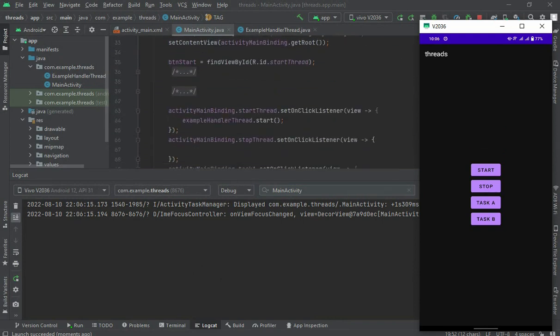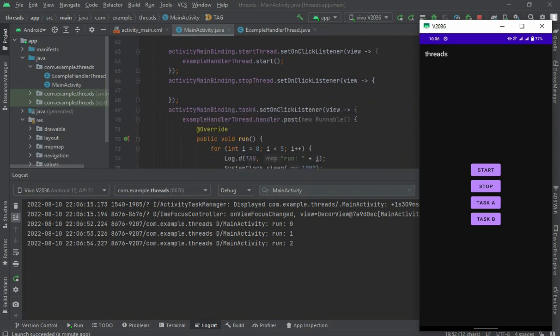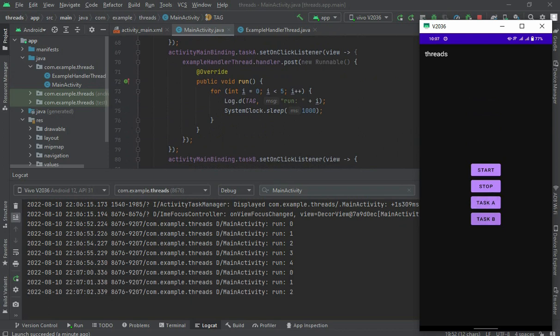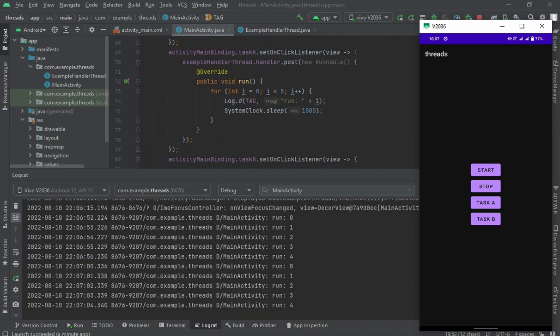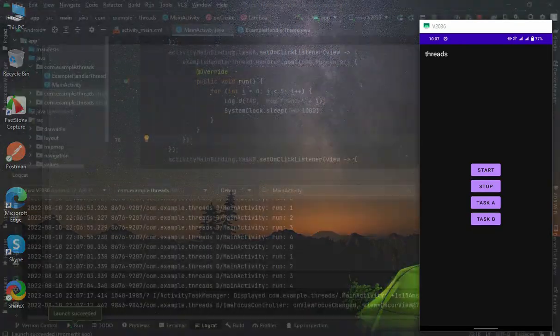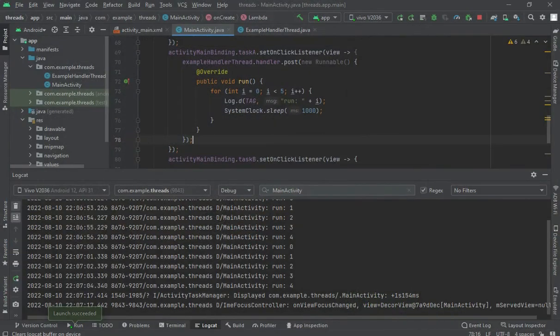Okay, this handler thread, let me click, this is started now, and when I click on this task A, look, this is running, this loop is running again, look here, and when I click again it would run, and the UI is still responsive. Now if I run this app again, and before clicking, let me clear this,